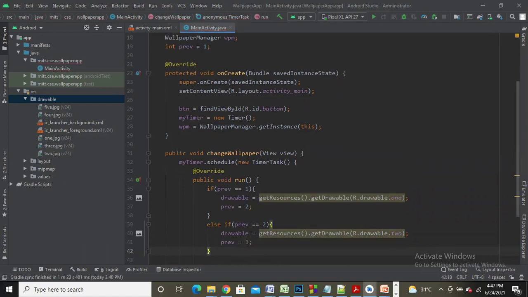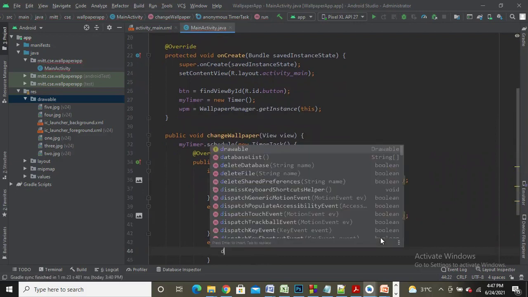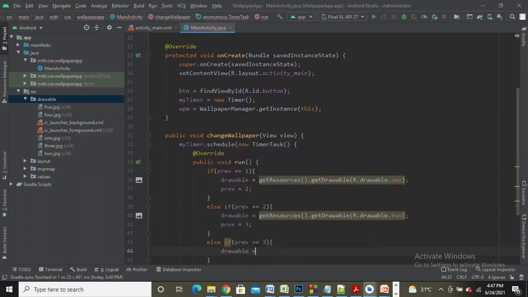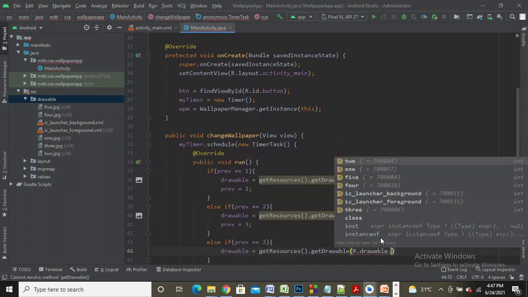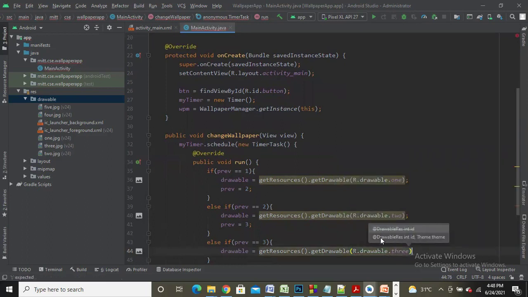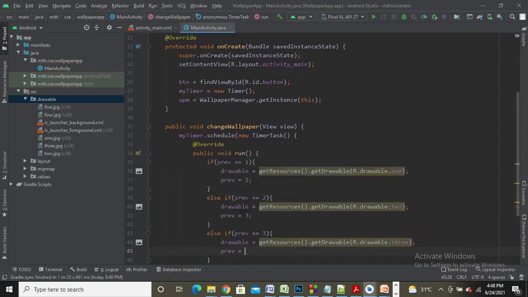Semicolon. Now if this is not the case, else if I will check whether my preview value is equal to 3. If my preview value is equal to 3, make the drawable point to the third wallpaper. So getResource dot getDrawable from the resource folder R dot from the folder drawable dot 3. So third wallpaper. Put a semicolon, and later on change the preview value to 4.